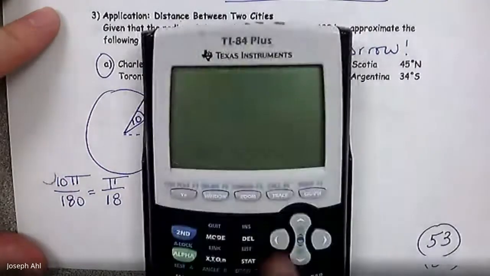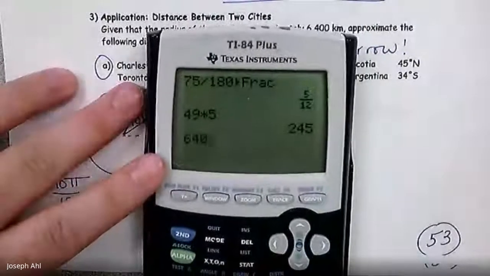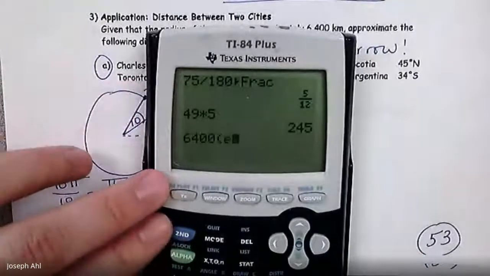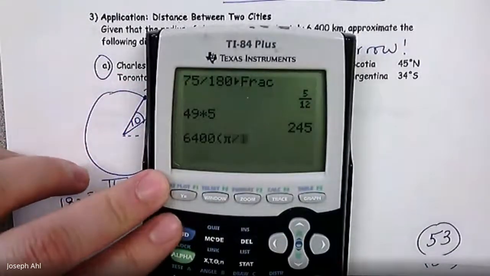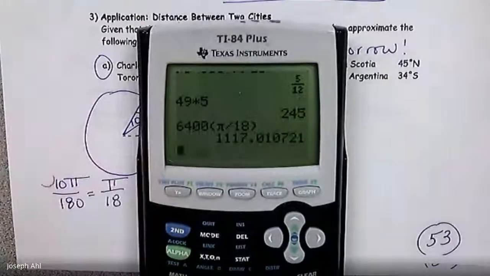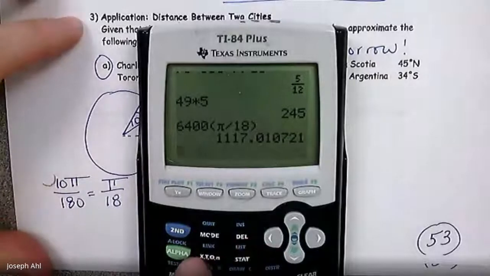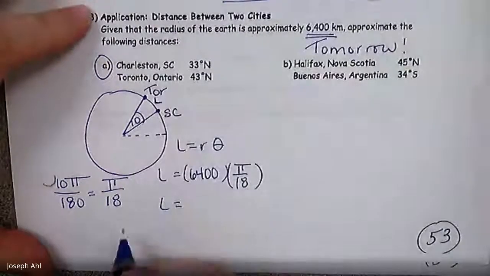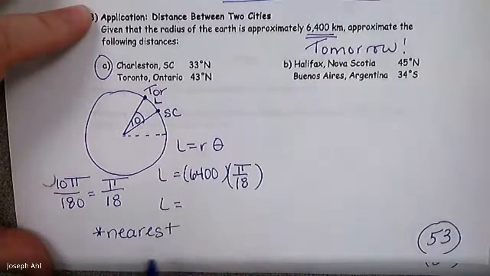Okay, so let's type this in and see what we get. 6,400 times pi divided by 18. And we get that that is 1,117.0, something like that. Okay, so what I want you to think about in terms of rounding here, oftentimes it will say something like round to the nearest